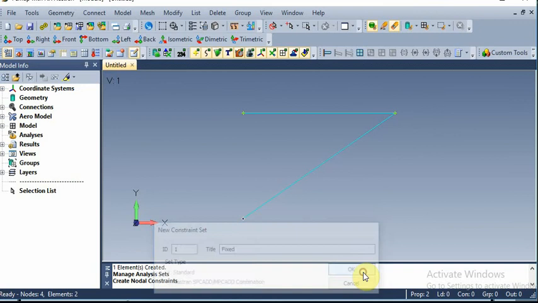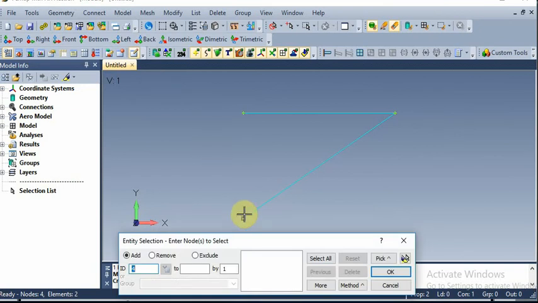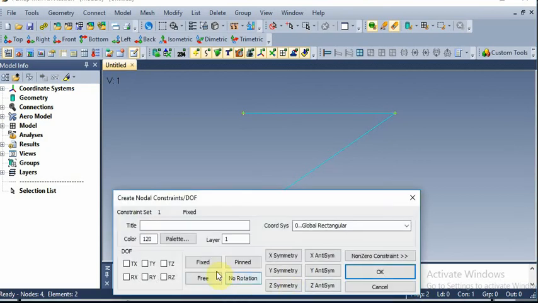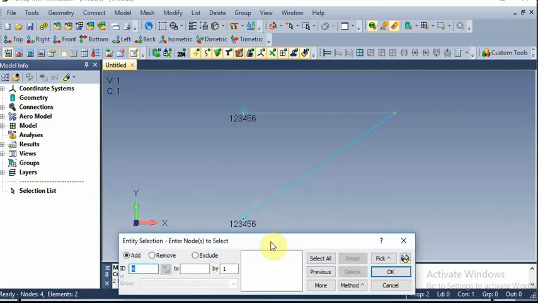OK. Now select this node and this node, give OK, and it should be fixed. So click this one, fixed, and OK. Nodes 1 and 3 are fixed, then give cancel.